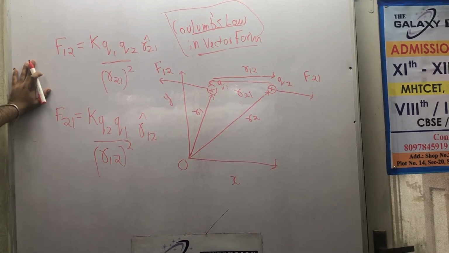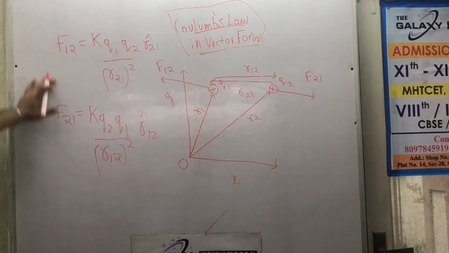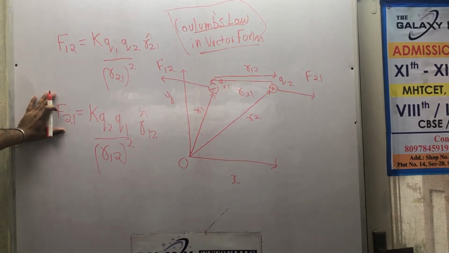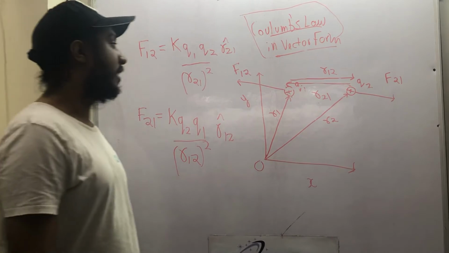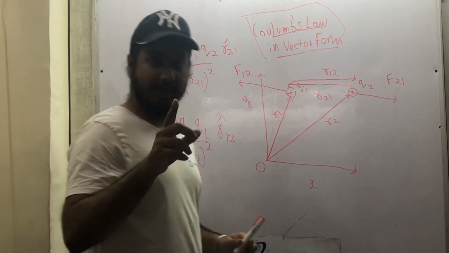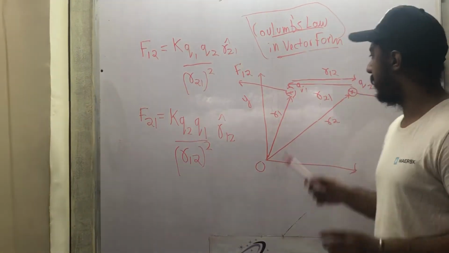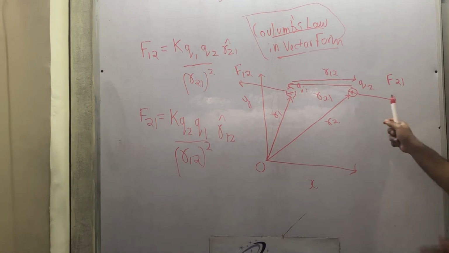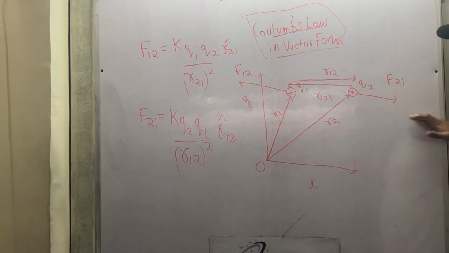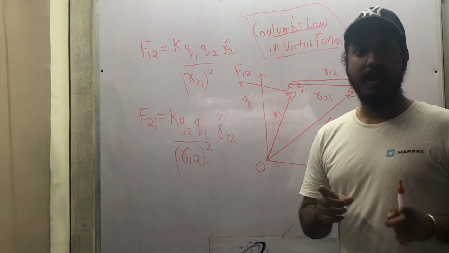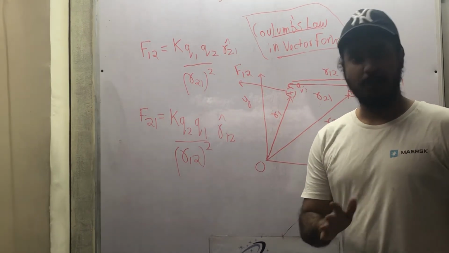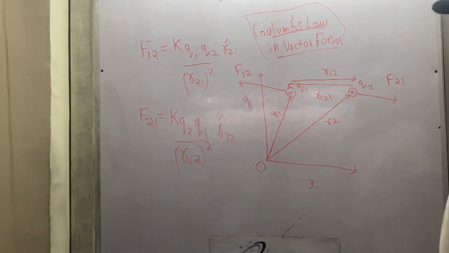Now the second thing that I am going to prove is that F12 and F21, they are equal in magnitude. Okay, how will I prove that? That we will see. They are equal and opposite to each other. Okay, equal and opposite, remember that. See, they are equal in magnitude, but they are opposite in direction. You can see this is going this way and this is going this way. Even though their magnitude is same, their direction will be opposite. Okay, so we will see how that is opposite.